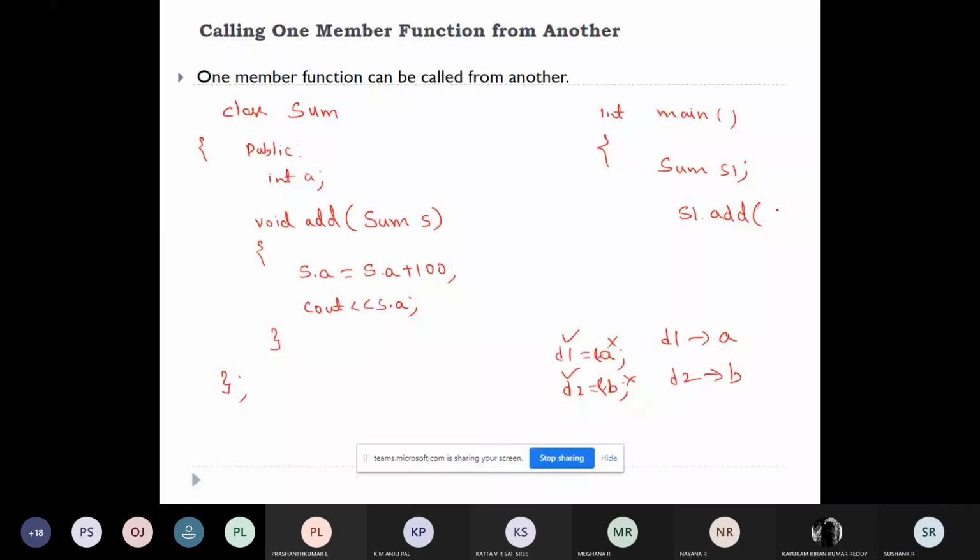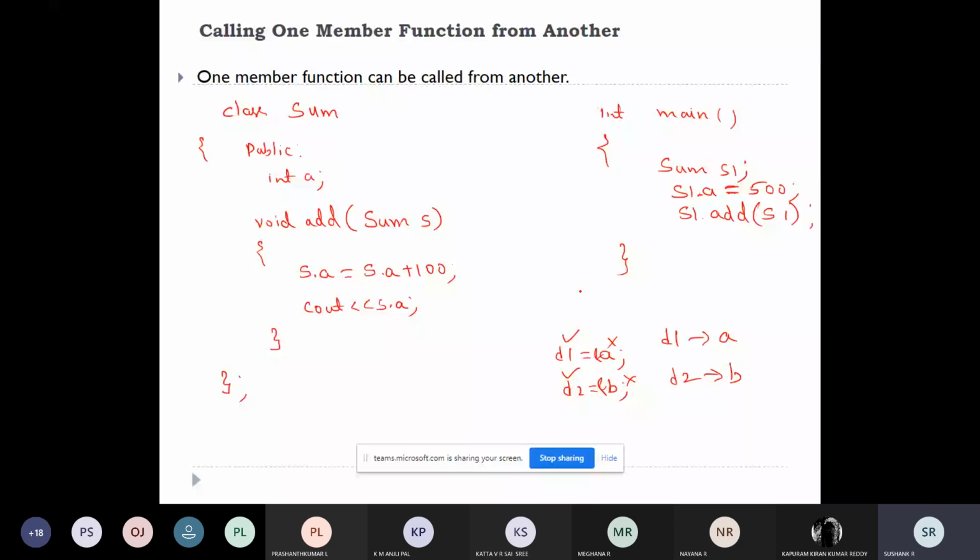So I have to pass the object. This is how you can pass that. Before passing, I will access this variable and give it some initial value, s1.a equals 500.